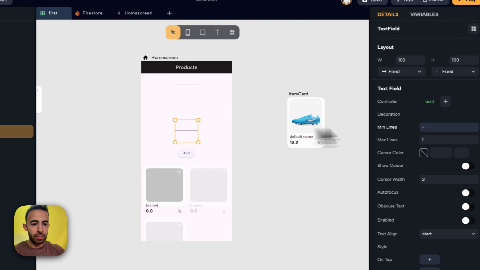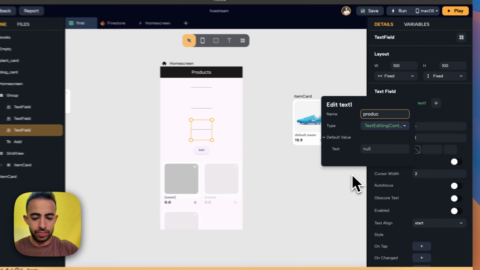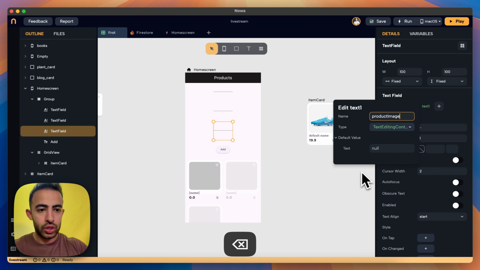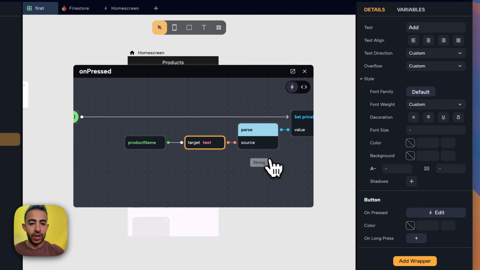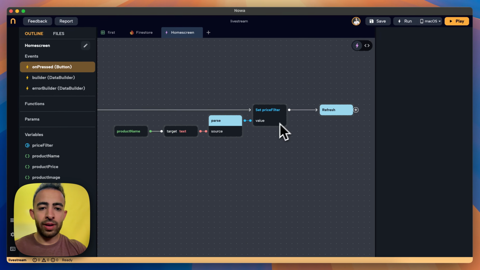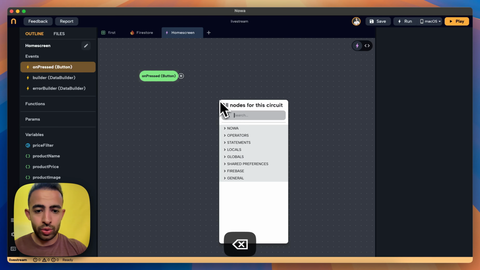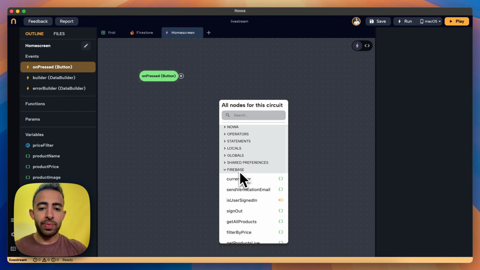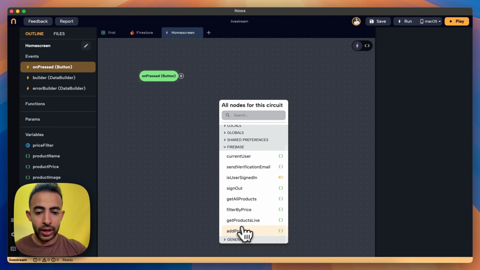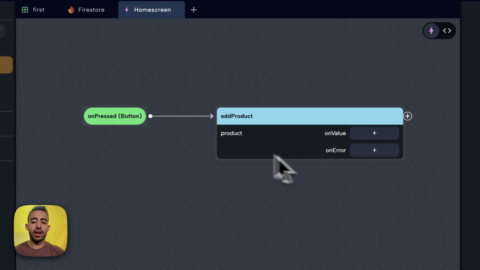And this one will be for the product image, okay? So now in the add, I will change the logic. So this was the logic for the filtration, which I don't need now. But now what I want to do is, inside Firebase here in the list, you will see the query, which is add product. So if I connect it here,